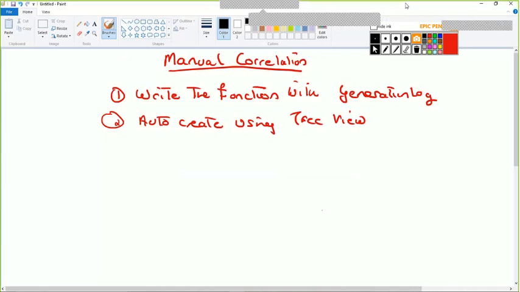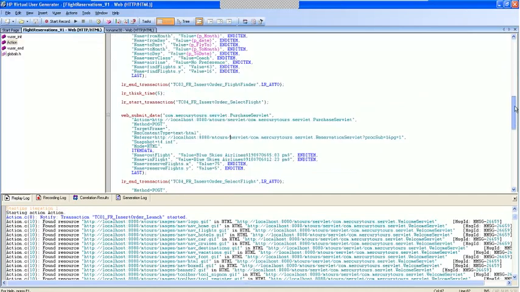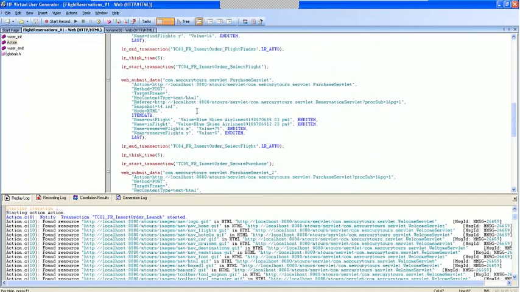Okay, it's not working. Okay, fine. So now what I'm going to do, I'm going to go here. Now what is the value I want to correlate? If you see here, I wanted to correlate this value. I want to correlate this value. How do I correlate? I wanted to replace this value dynamically that is coming from the